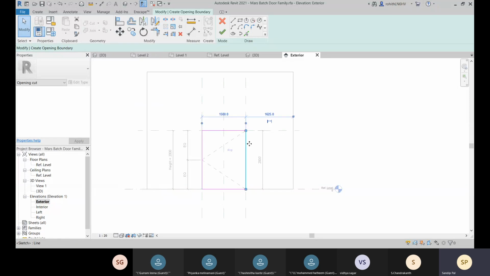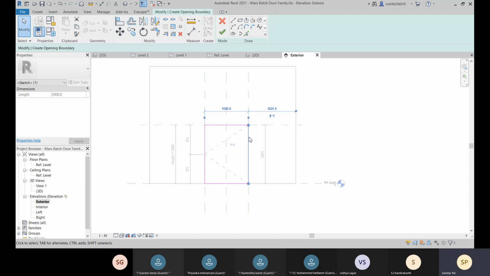Even if you haven't locked it, it is aligned with this. So as you change this reference plane with the parameter, the rectangular shape of the opening is being changed.